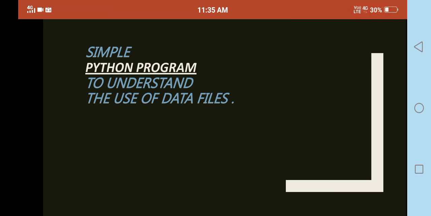That means they are not permanently stored; they are temporarily in the processor's memory for the time the program is being executed. So how to overcome such a situation? We have data files which we can use in Python programs to store data or information in text files or binary files in memory, and they will remain in memory after their creation. How to work with data files, we'll see in the coming